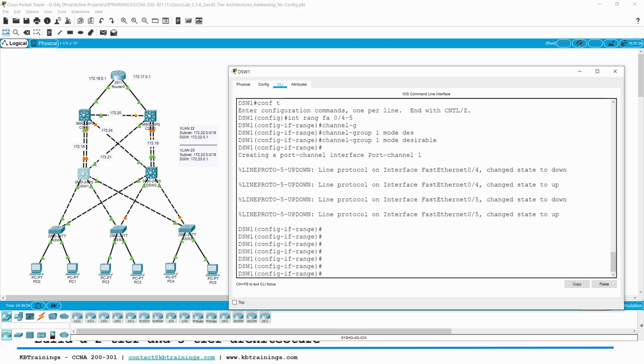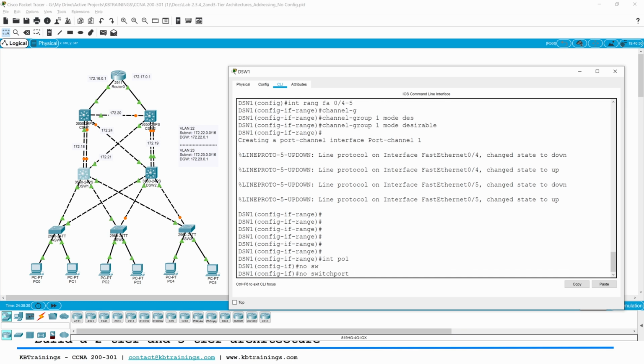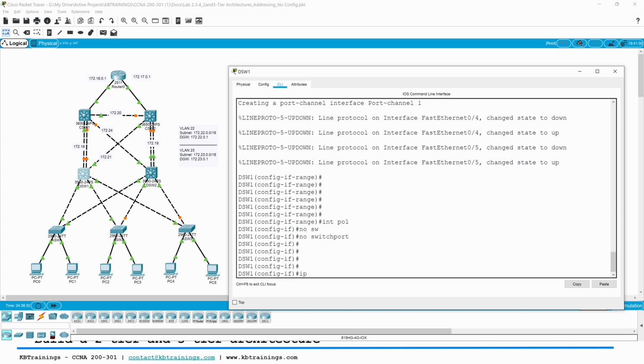Then I will go into the interface that I just created, the port channel number 1, and do no switchport to make it a layer 3, and we add an IP address of 172.18.0.11, as I said, because I'm adding 10 to it,